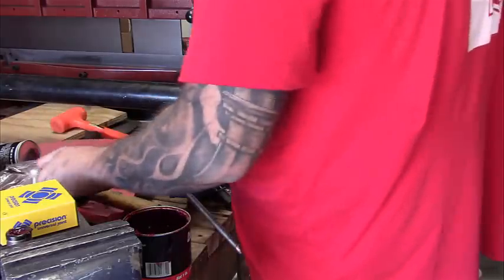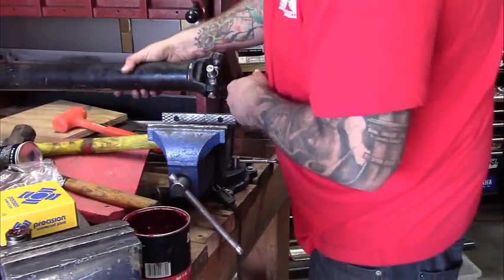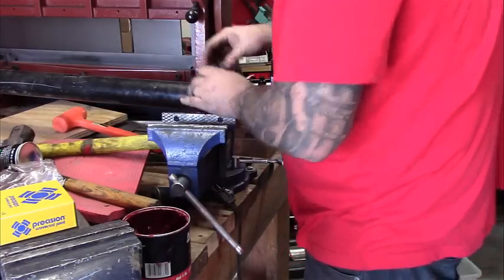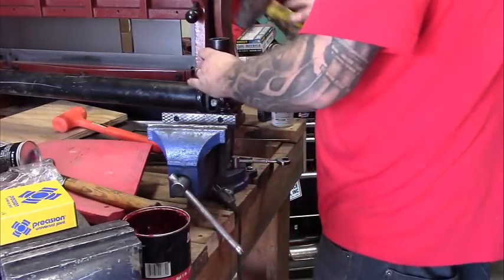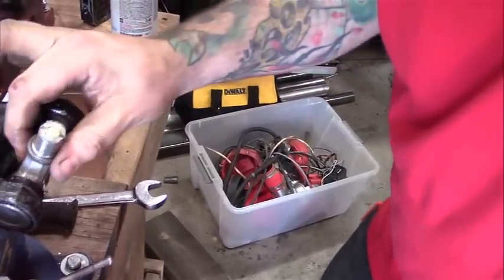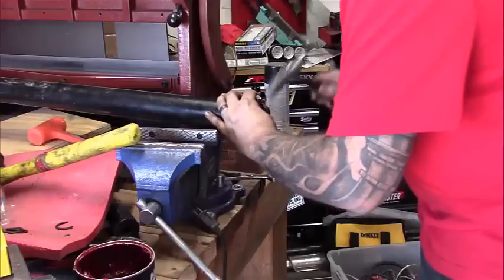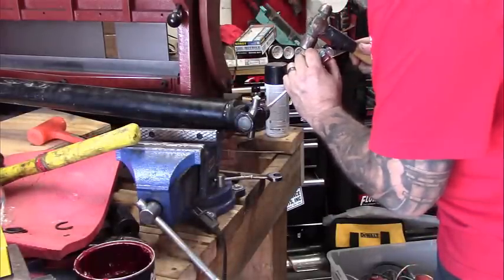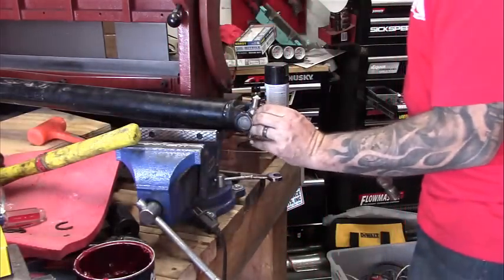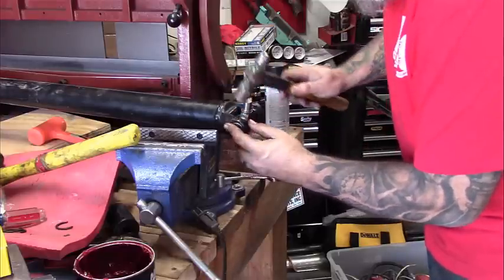Just like so. Now what I do is flip the socket over and use the flat side. Okay. Roll it over. Do the exact same thing on this side. Now that this is completely installed, it's a little tight, but we're going to put the clips in and then we'll give it a couple smacks to help loosen it right back up. Use a flathead to help seat it. There. It's a lot easier if you have somebody holding the drive shaft, but